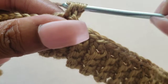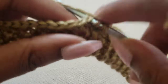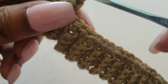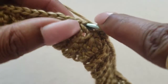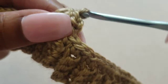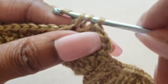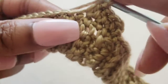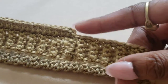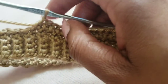So pull up a loop and pull through all 3 loops on your hook. Yarn over, insert your hook into the next stitch, pull up a loop, yarn over, and pull through all 3 loops on your hook. So we are going to continue this pattern until we reach the amount of stitches needed for your size, and I will meet you back here and show you what to do after that. Okay, so once you finish the recommended amount of stitches for your size,